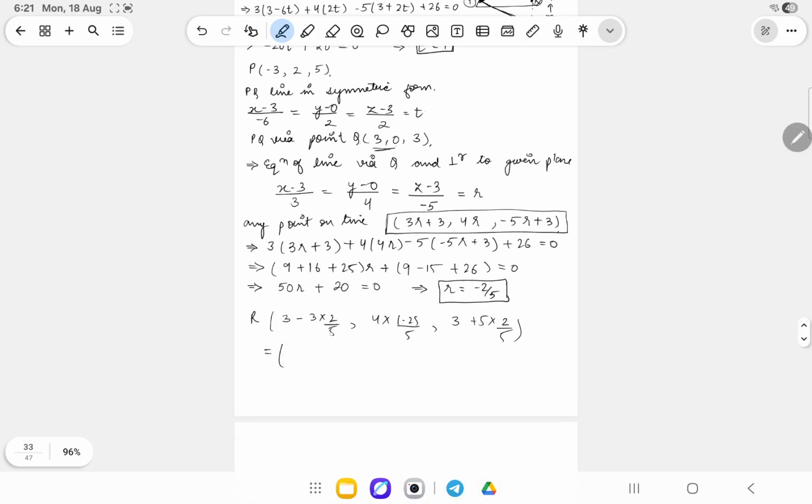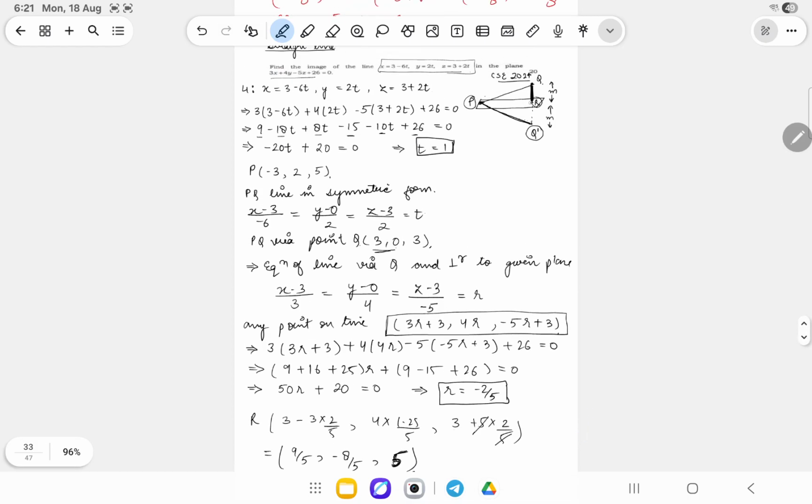This is equal to 5 times 3 is 15 minus 6, 9 by 5, and it is minus 8 by 5 comma, 5 threes are 15, sorry, this 5 balances out this one, so it is 3 plus 2 which is 5. So this is our r point, which is basically the foot of perpendicular from the line which is passing through